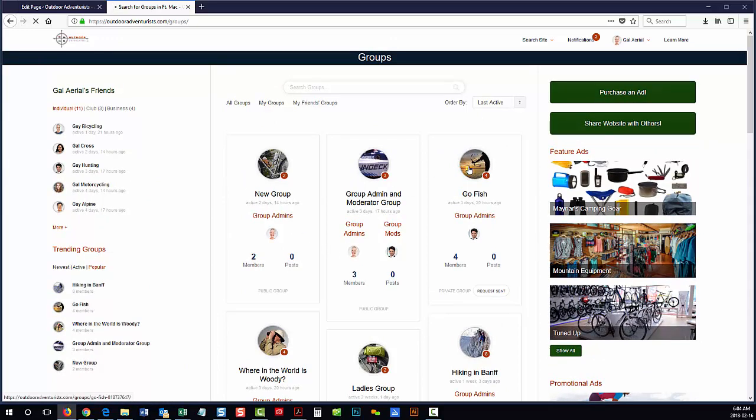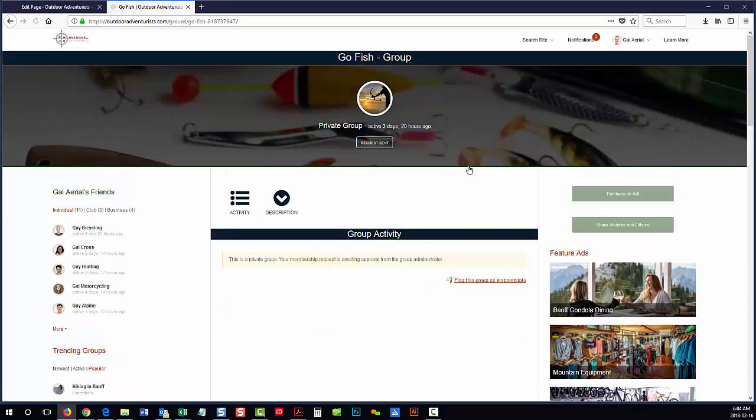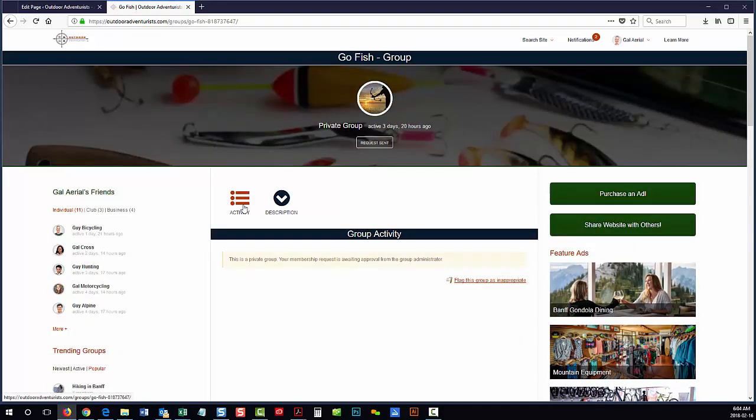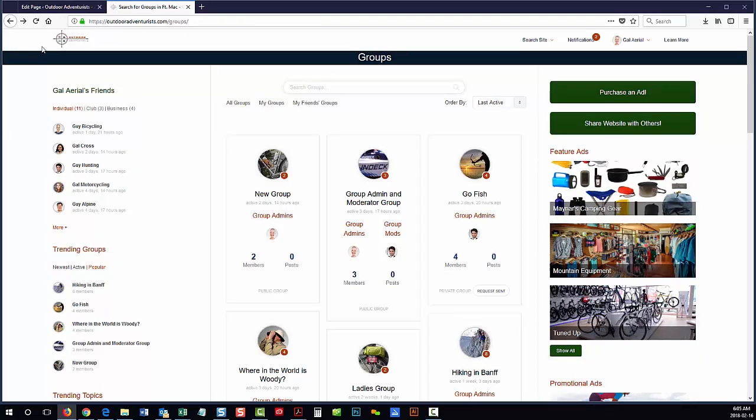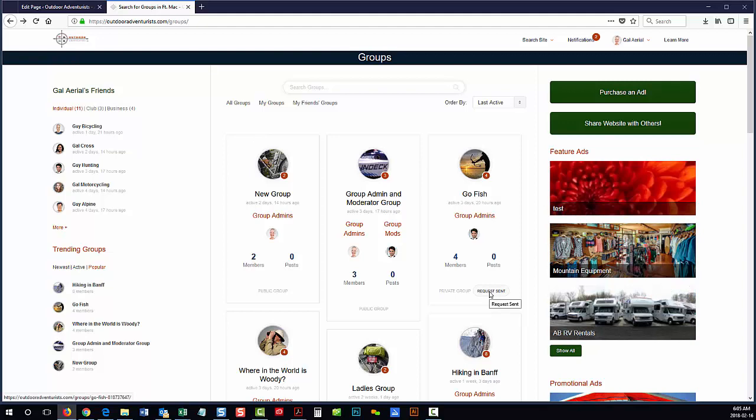Right now I'm going to click through to a private group, and you'll notice that there's only a couple of sections in there, and that's because it's a private group, and I cannot look at it until I become a member. I can only look at the publicly posted posts. So I'm going to request